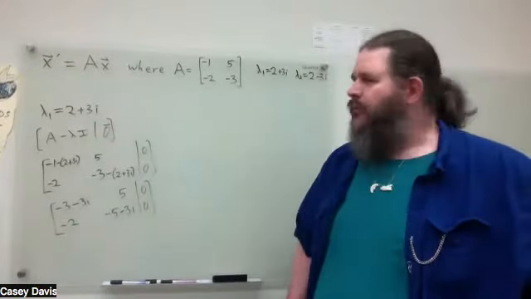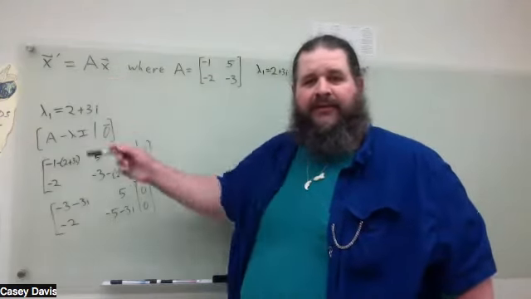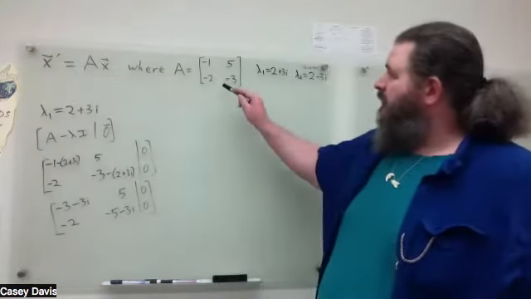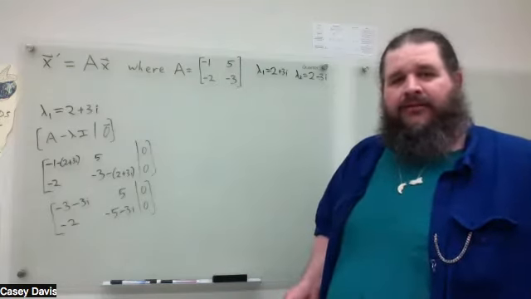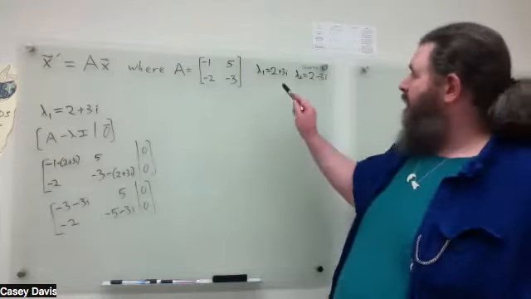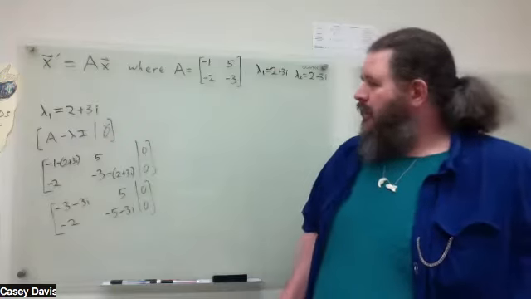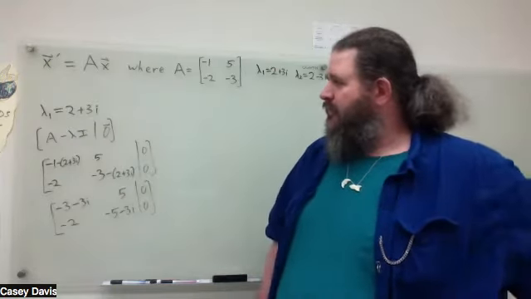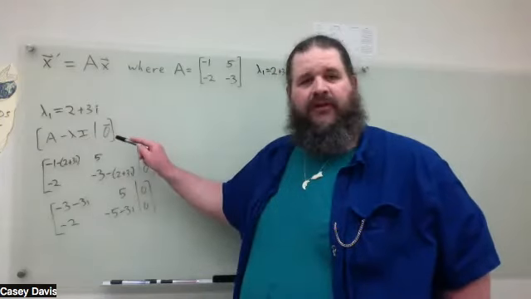All right, so to recap what we've got so far, we've got a differential equation x prime equals Ax, where x is a vector and A is a matrix. The matrix happens to be [-1, 5; -2, -3]. The eigenvalues we get from the characteristic quadratic of that happen to be complex values, specifically complex conjugates of each other. To find the eigenvectors, we would now set up A minus lambda I augmented with the zero vector and